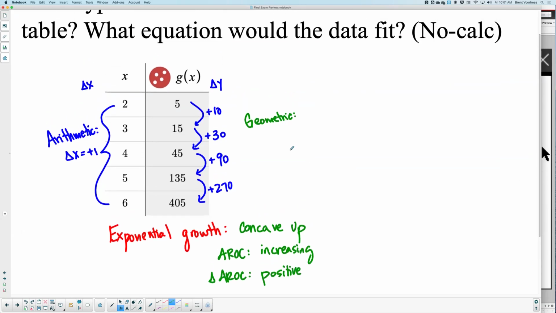Now let's come over here to find your base. If it's geometric, you have a base. How do you find your base? Y2 over Y1. You got it. Which in this case would be 30 divided by 10. What is 30 divided by 10? Sweet. So for exponentials, remember how